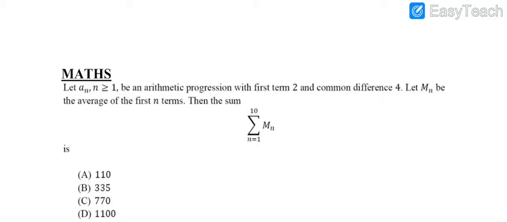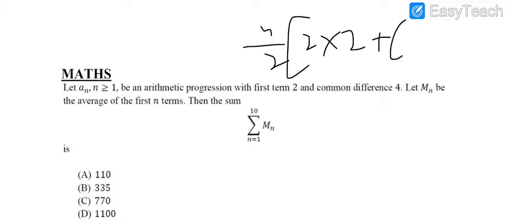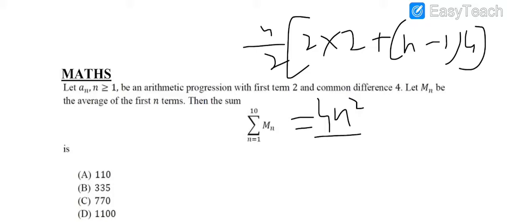The maths question, it's written that the first term is 2 and the common difference is 4. So the sum of the n terms, using the standard summation of the series formula, we are getting the sum of the n terms as 2n square. Now it's written in the question